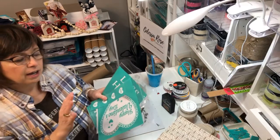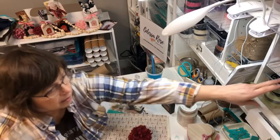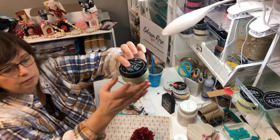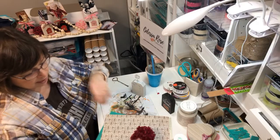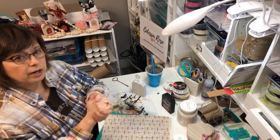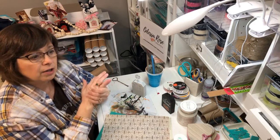You're going to get 5 jars of paste, and by a jar, I mean this. This is a jar. You're going to get 5 different colors of paste. You get some surfaces, more transfers, $280 worth of product. And once you become a designer, you'll get to purchase our Couture products at 40% off,